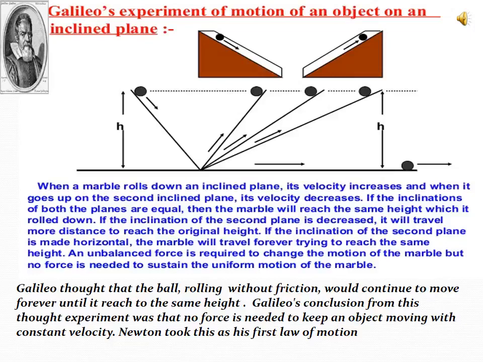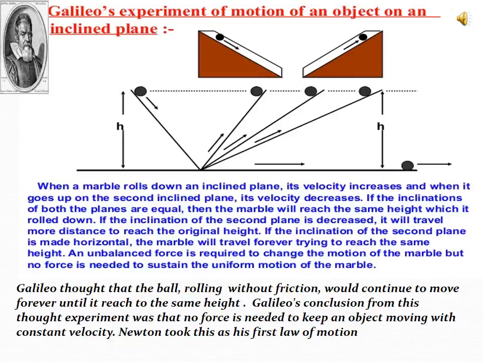This is because of the presence of frictional force acting opposite to the direction of motion of the marble ball. Thus, the marble ball stops after traveling some distance. But the effect of the frictional force can be minimized by using a smooth marble ball and a smooth plane and providing a lubricant on top of the planes. Later on, Newton studied Galileo's ideas on force and motion and formulated three fundamental laws that govern the motion of objects. These three laws are known as Newton's laws of motion.